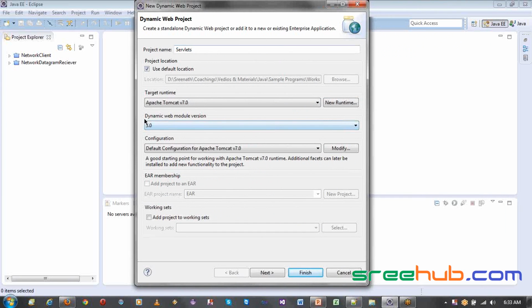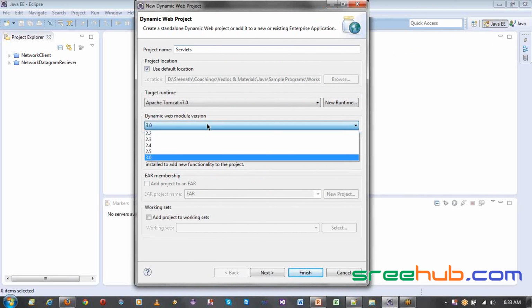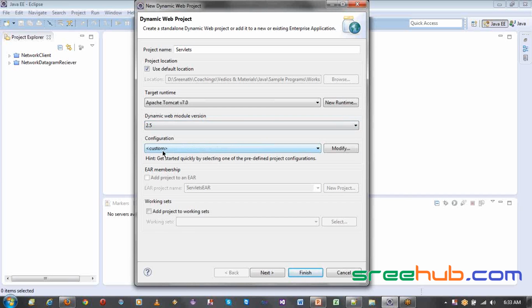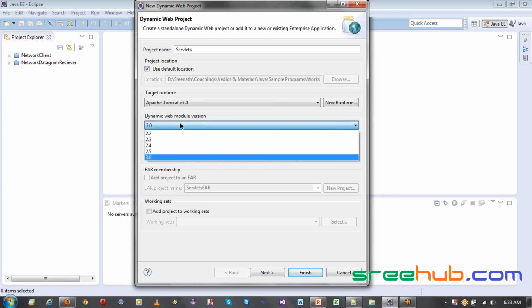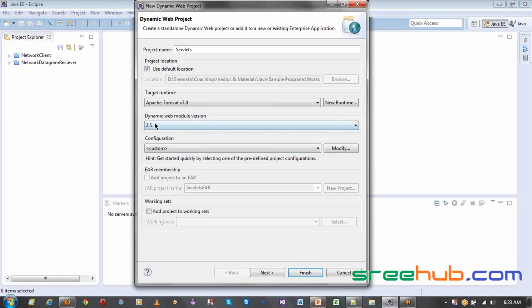Next one is the Dynamic Web Module version. You'll understand this when we move on with our servlets and JSPs. Basically, you will select 2.5 if you want to configure your servlets part, or if you want it to be automatic, you can select 3.0. You can just select 2.5. Why do you select 2.5? Whenever you select 2.5,